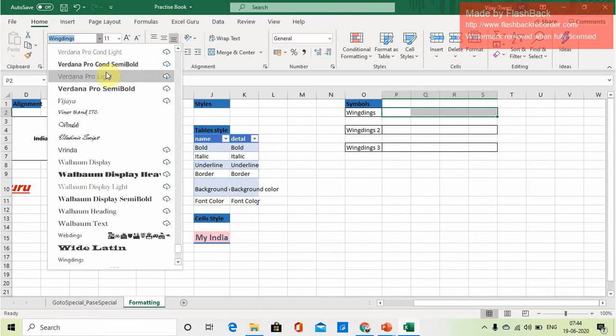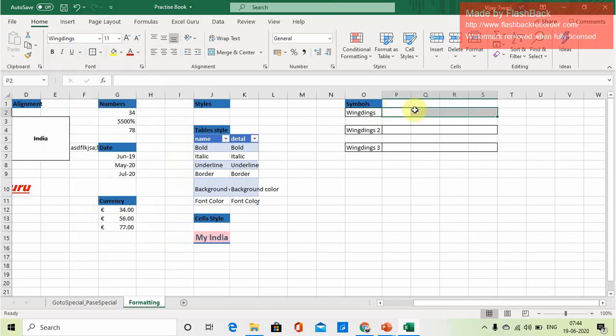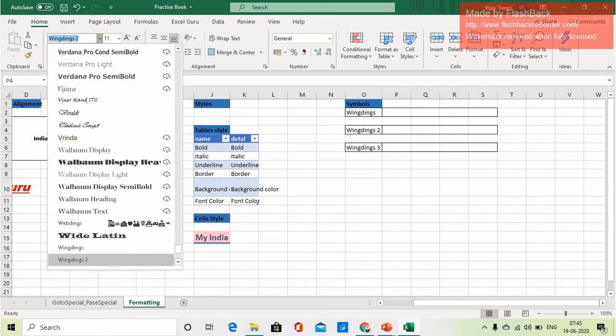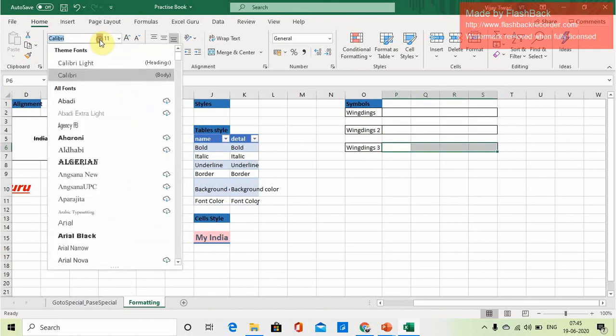So if you write Wingdings, this will appear. So there are three categories: Wingdings, Wingdings 2 and Wingdings 3. In this range I have taken Wingdings, and in this range I am taking Wingdings 2, and in this range Wingdings 3.